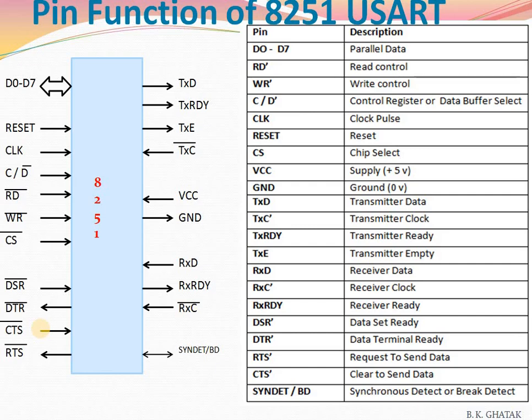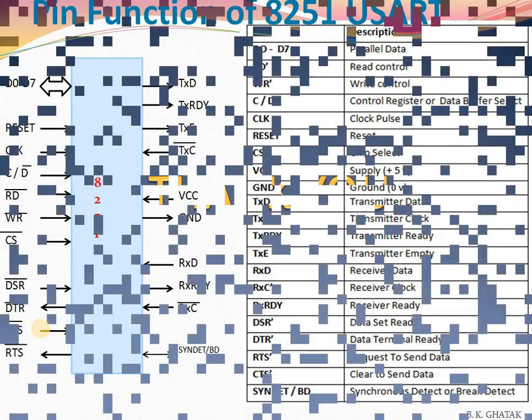So from this video we can easily understand the various sections of the 8251. In the 8251 there are 5 different sections: the data bus buffer, the control signals, then the transmitter signals, then the receiver signals and power supply, and lastly the modem control signals. And we can easily understand the pin by pin description of the 8251 USART. Clear?